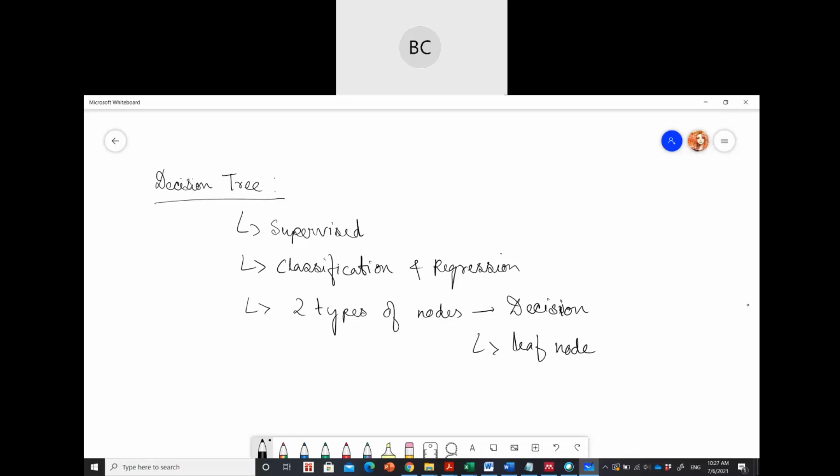Okay, so in order to build your tree, normally we use an algorithm, classification and regression tree algo. Okay, so it is also called CART. So in order to build tree, we use CART algorithm. And decision tree simply asks questions, and based on the answers, it further split your tree into